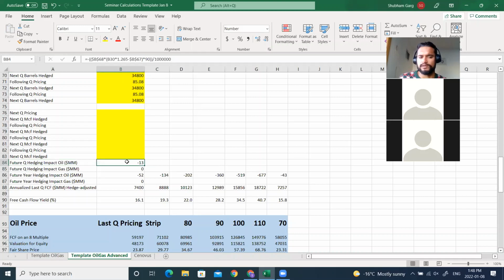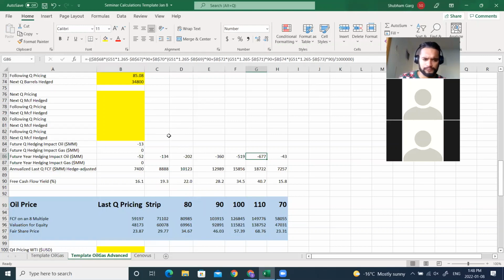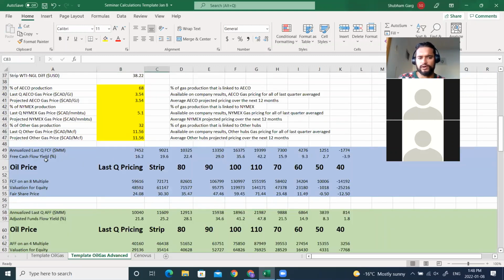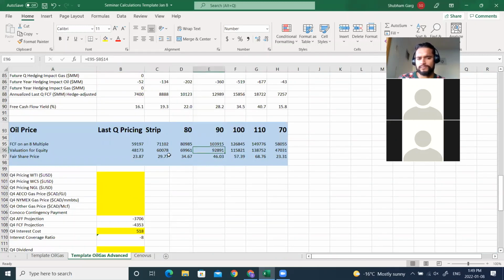So they're going to lose $13 million next quarter on hedging. And the future year impact is this at last quarter oil, and obviously as the oil price goes up, they're going to lose more and more on their hedges because the hedges are at $67 a barrel. So this chart gives you the exact same numbers that we got on this chart, the free cash flow times 8 model, but with hedging built in. So, even with all their hedges losing money, how much ever they are, at strip pricing, Cenovus is worth $29.77 to me. So, that's roughly a 70% gain from where we are today,